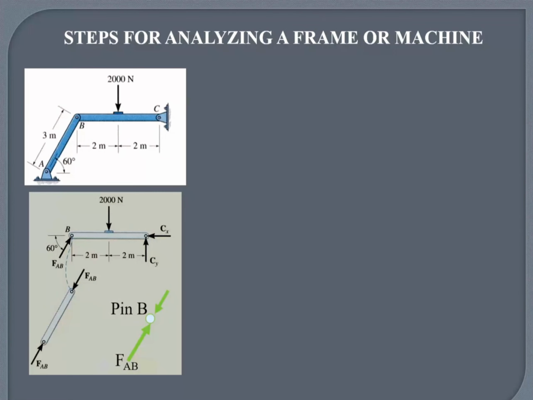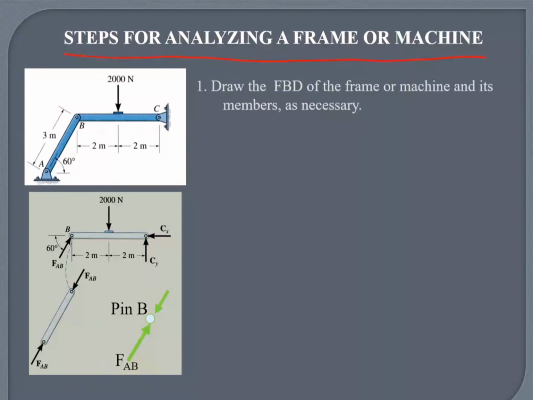For analyzing frames or machines, it's the same as the previous one. There's no difference here. It says, draw the free-body diagram of the frame or machine and its members as necessary. You draw the free-body diagram of the whole structure if you want to find the support reaction forces, or if you want to do the analysis internally and you do not find a point where you don't have a maximum of 2 unknowns and at least 1 known force, then you use the